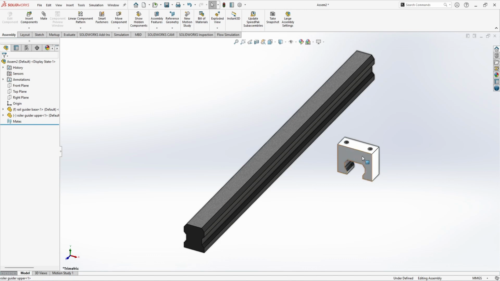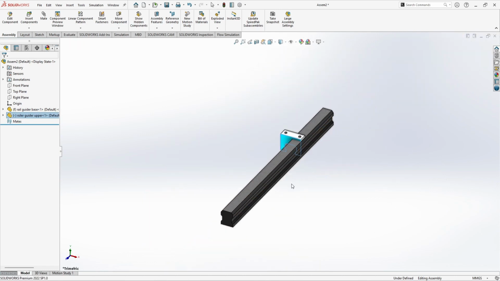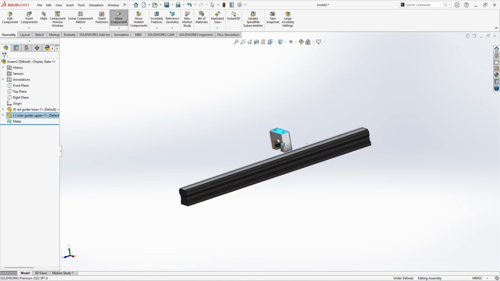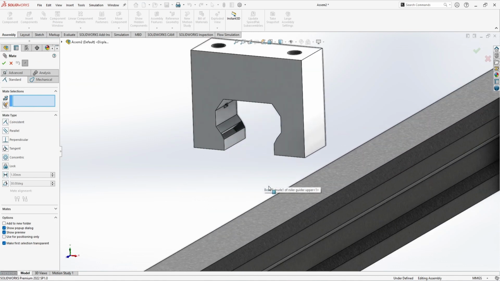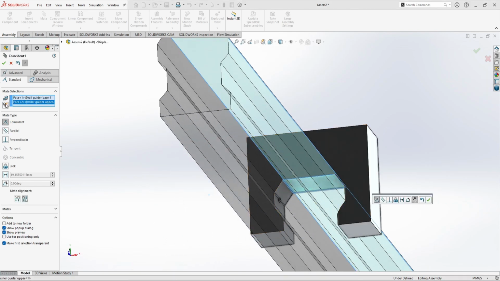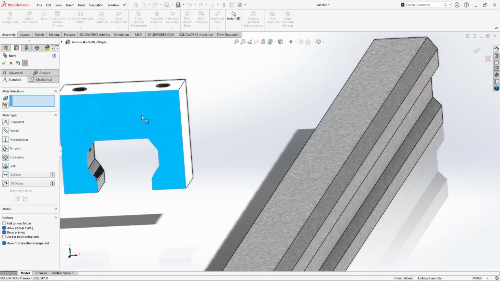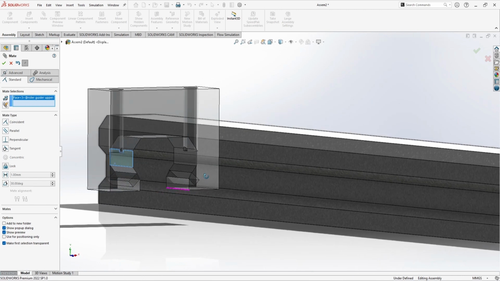Now, I want this bracket to move on the rail smoothly, or if I want to put this bracket equally in the middle, then what I have to do, first of all, I'm going to mate. The first two mates I'm going to perform here are simple. I'm going to select this face and this one. This is going to be coincident and okay. Next, it's free, so I'm going to select this one and this one,